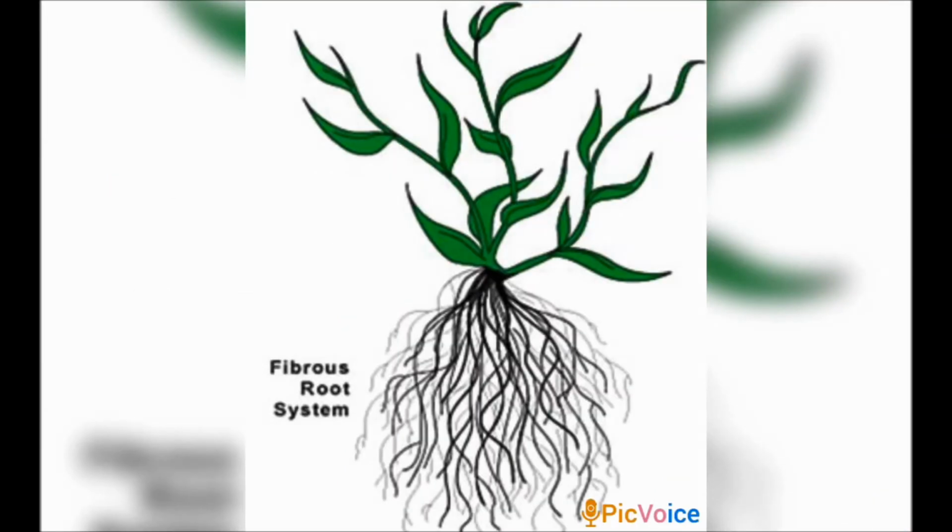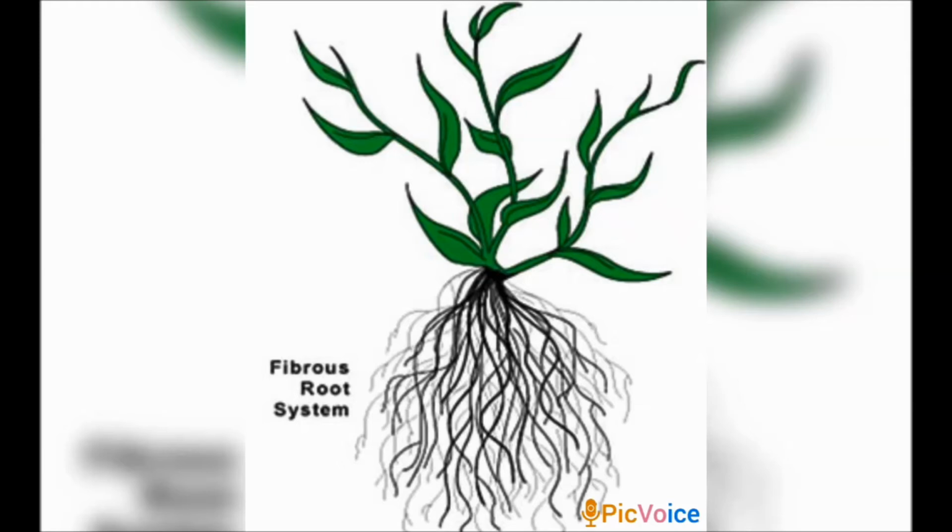So here now we can see the image of the fibrous root. See how the fibrous root will be. Fibrous root system consists of many fine hair-like roots that form a thick mat below the ground surface. It will not go in depth in the soil. It will grow on the upper layer of the soil. So that's what they have told, the hair-like roots that form a thick mat below the ground surface.